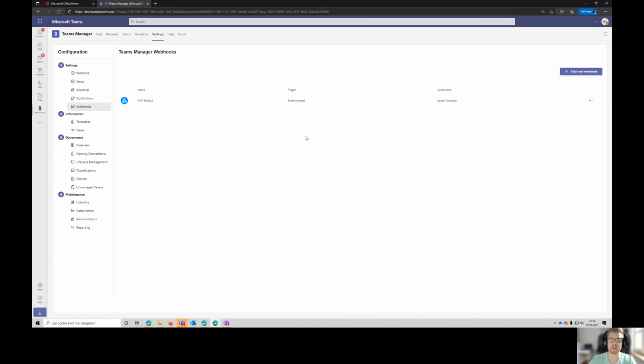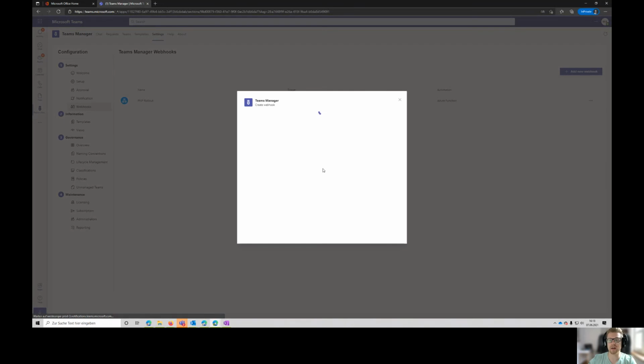So the next feature is the webhooks we now have. So creating a new webhook is very, very easy. You just click on the new webhook button. You give it a name. So let's say, call AD group or something. And then you give it a description,